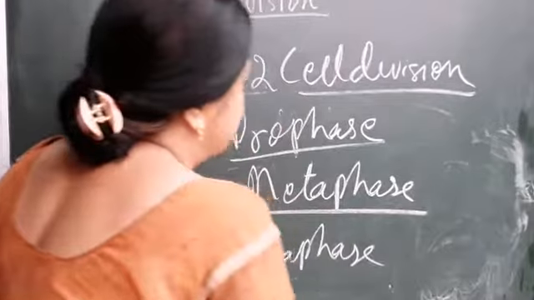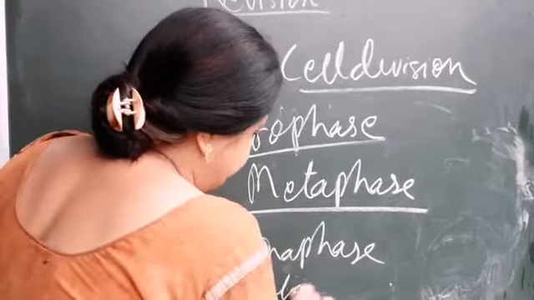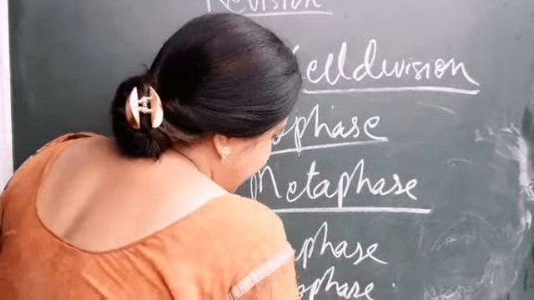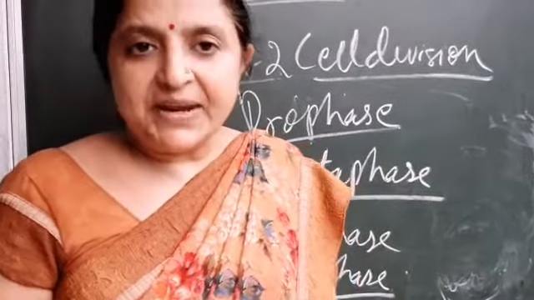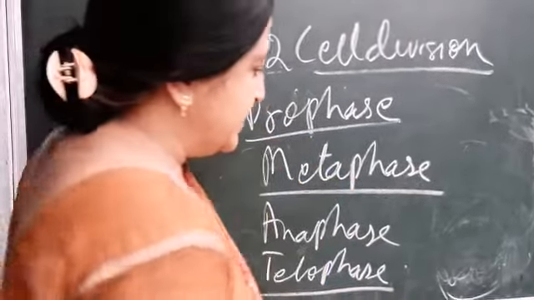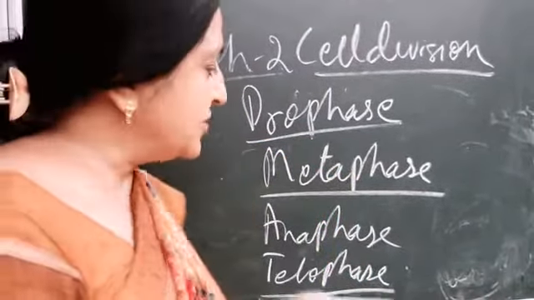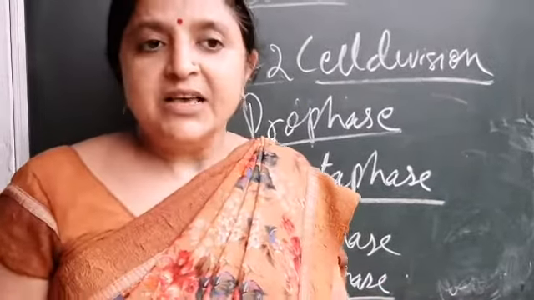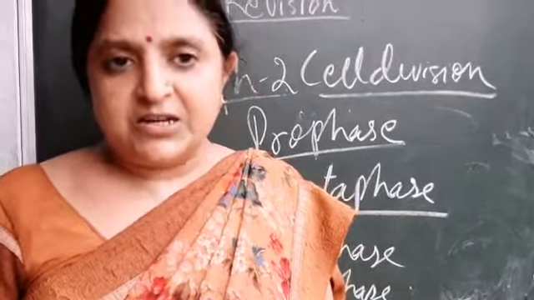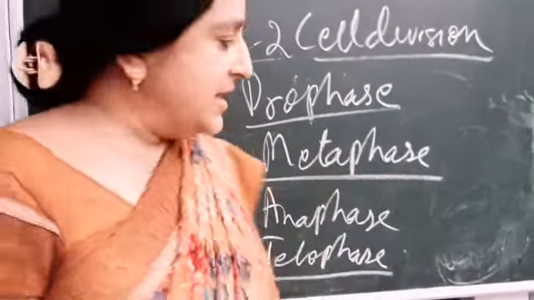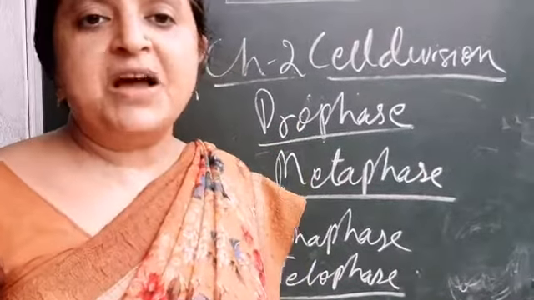And the fourth phase of mitosis is telophase. In telophase, the nucleus completely divides and the nucleolus and nuclear membrane reappear, and there is a slight difference in telophase, because after division of the nucleus, the cytoplasm immediately starts to divide, and this cytokinesis is different in plant and animal cells.